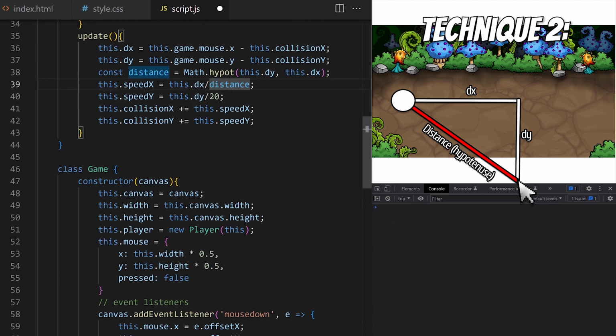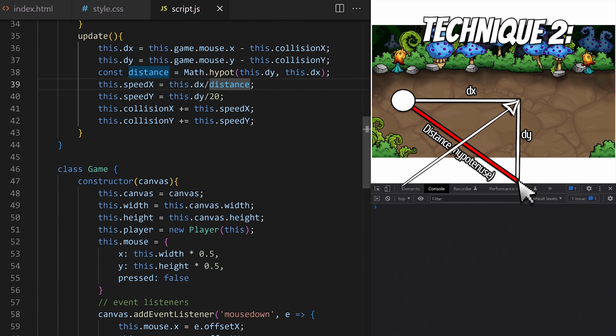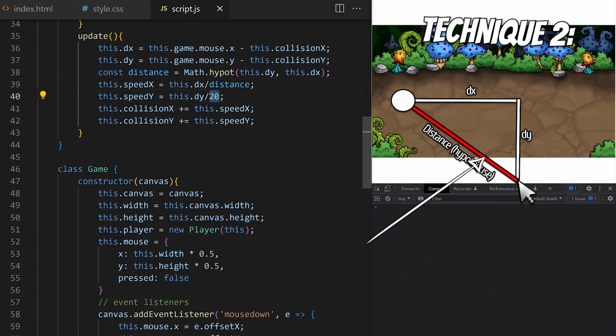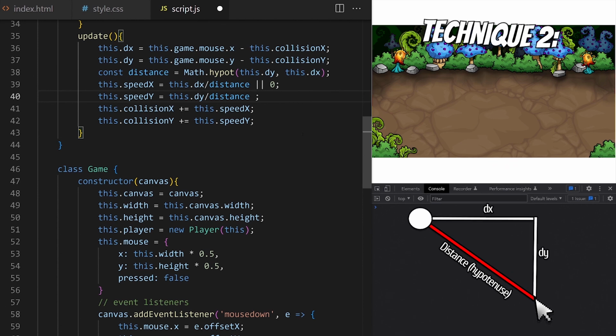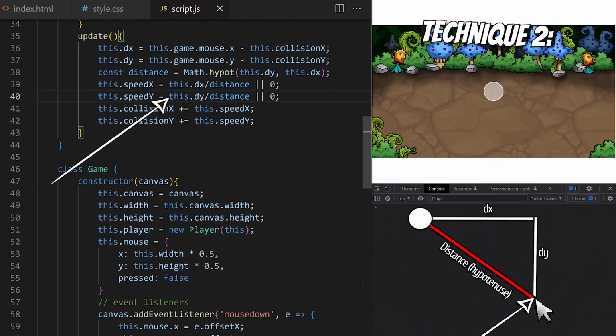Horizontal speed is the ratio between dx, horizontal distance between mouse and the player, and the actual distance. Same with speed y. It will be the ratio between the distance on vertical y-axis and the actual distance between the 2 points. As a backup, when some of these values are undefined at first, we say or 0, like this. We are dividing horizontal and vertical distance, these sides, by the actual distance represented by the longest side of